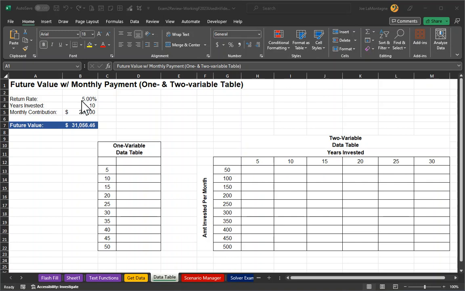So if we look at this, our average rate of return is 5%. We have 10 years that we're investing. We're putting in $200 a month. And after 10 years, it should grow using compound interest to $31,056.46. So we want to see how would our future value vary if we change the various terms of the